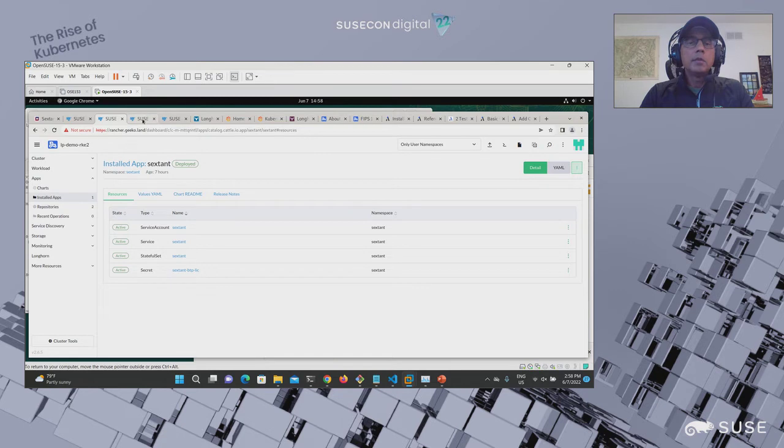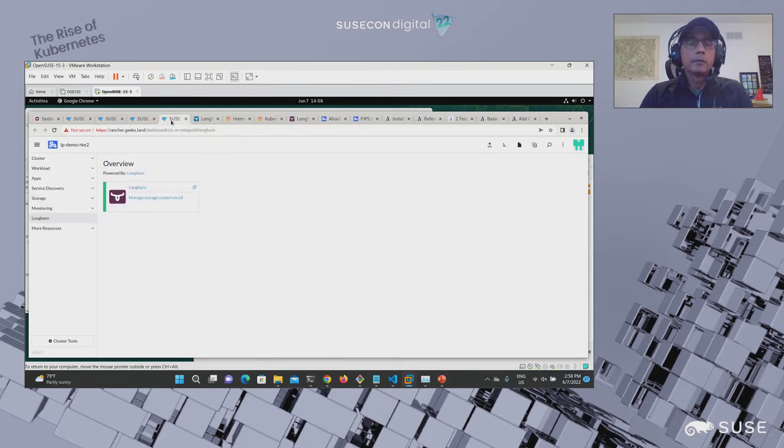Now, what went on behind the scenes here is that for Sextant to be able to get the right resources, I have set up very specific storage. In this case, this is a distributed block storage that's cloud native that we call Longhorn. It's a SUSE donated project to the CNCF.